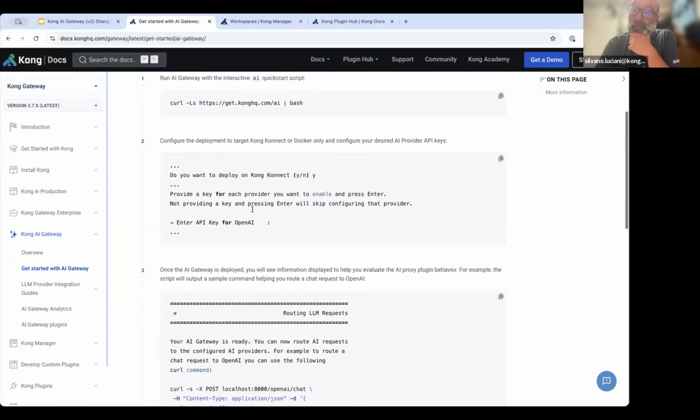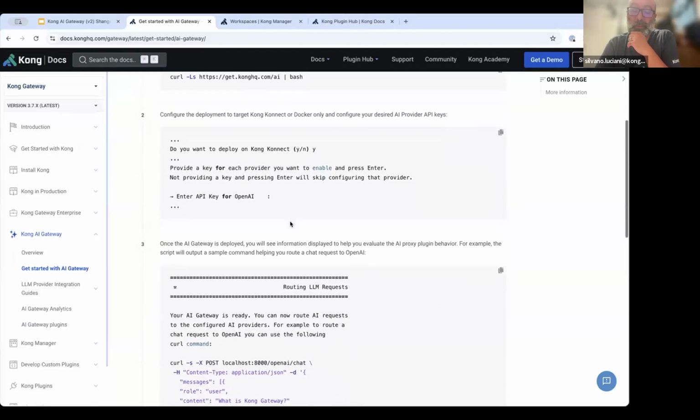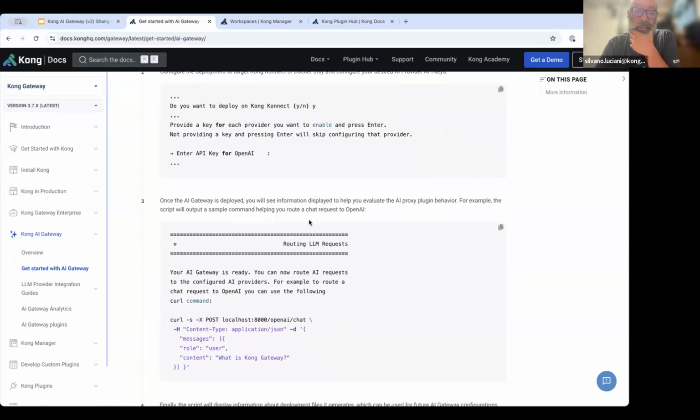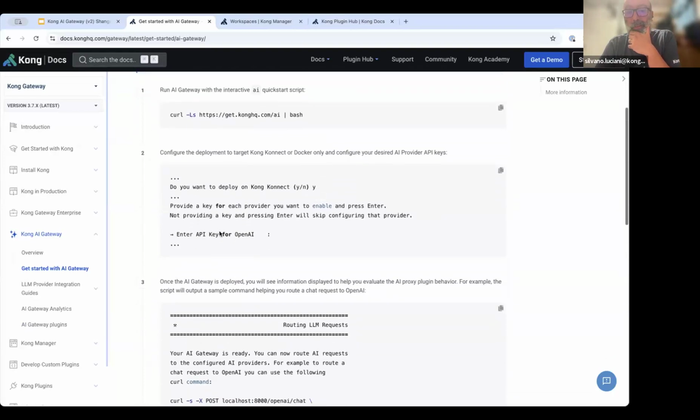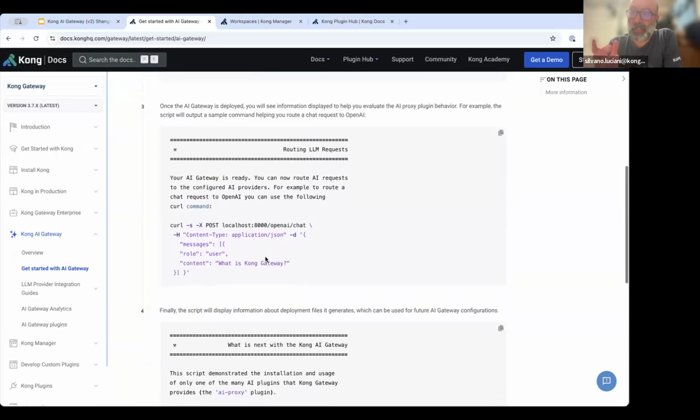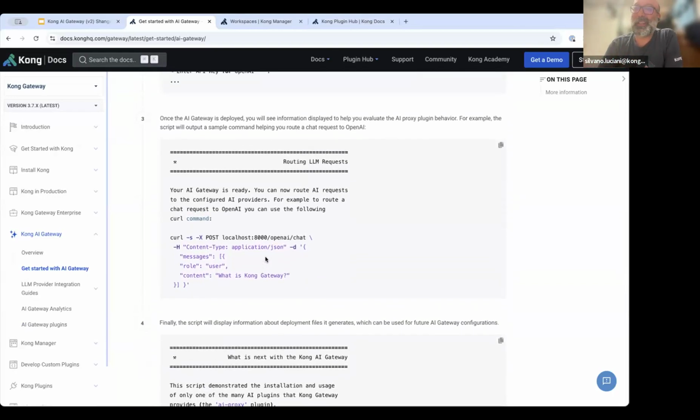And then the script is going to guide you through installing and setting up some services for you, including asking you for API keys for the providers that we support, or if you have a Mistral or a Llama model that is self-hosted, helping you configure access to that. And then you will find yourself with a Kong gateway with the AI plugins enabled. And this is all available in the open source version.